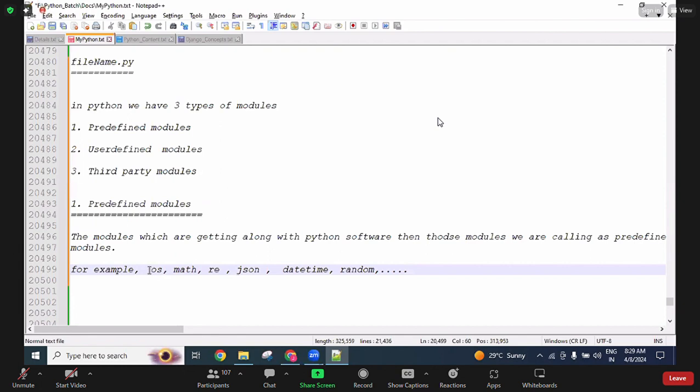All these modules come along with the Python software only. When we install Python software in the C drive, all these modules are available there. Every one is like one Python file only. We can just import them and use them as per our requirement. So remember, guys,